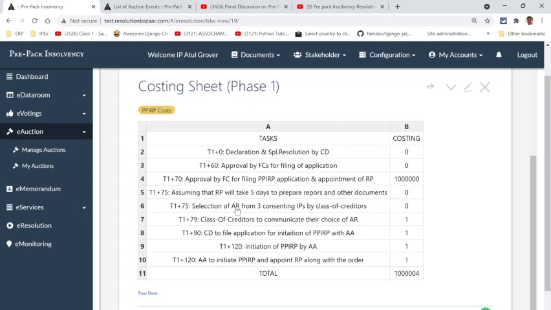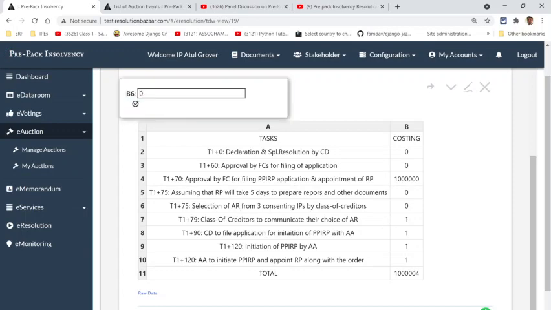An authorized representative will charge, say, anywhere between 10 to 25,000 rupees per meeting, assuming there are 3 or 4 meetings. So we're looking at 30 to 50,000 rupees for the authorized representative.